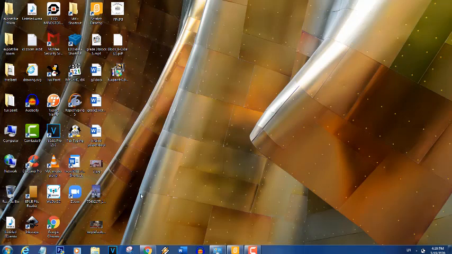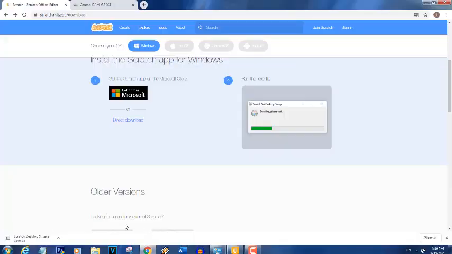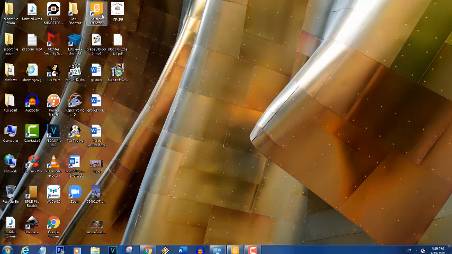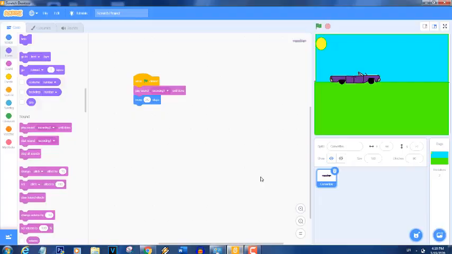because I already downloaded and installed it on my PC. When you finish the download and install it on your computer, this icon will show on your desktop. I already made some of these